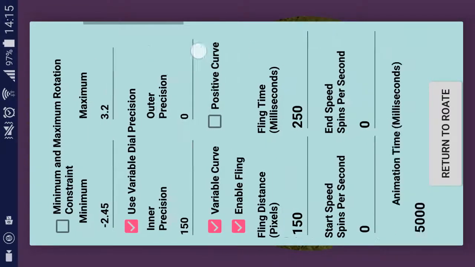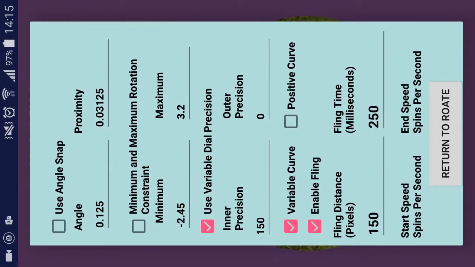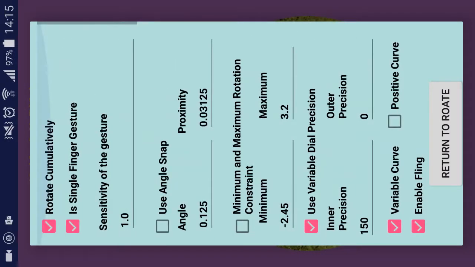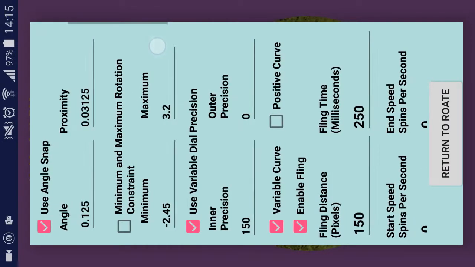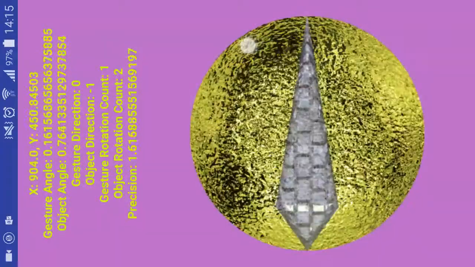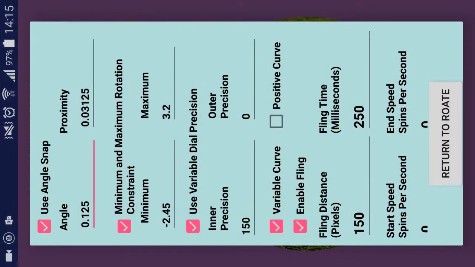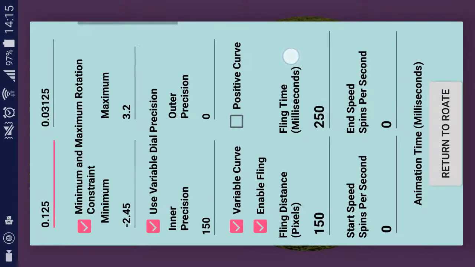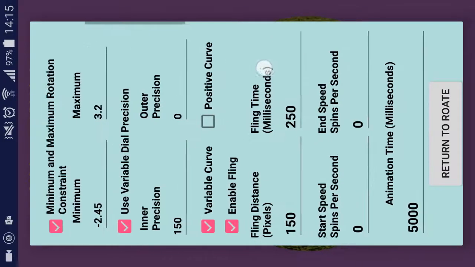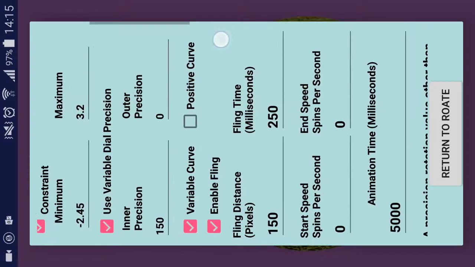Now, all these behaviors, again, can be used in any combination. So, for example, I turn the angle snapping on and min-max constraint, and as you see, it snaps, and it'll still capture there at the end. Or if I want to, I can actually, have I got the fling on? Where's the fling? Okay, yeah, fling's on. So I can fling that, and you see the angle snap is working with the fling,